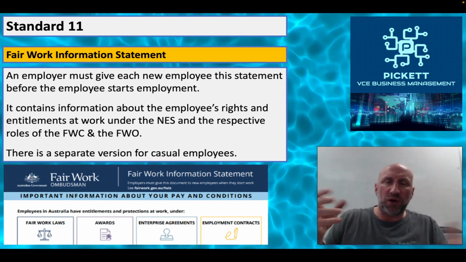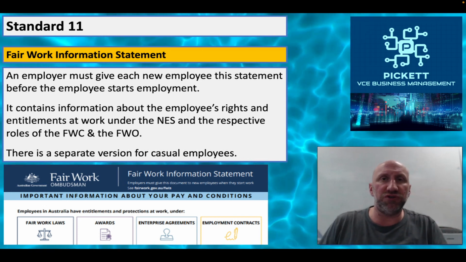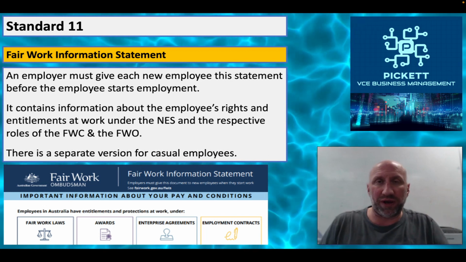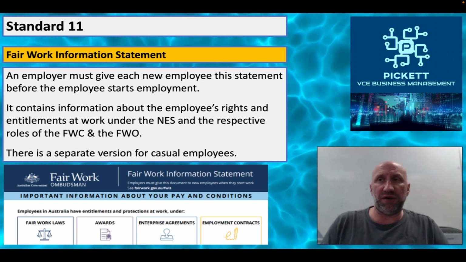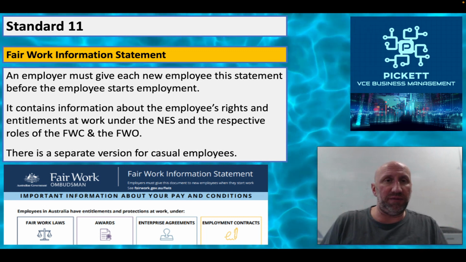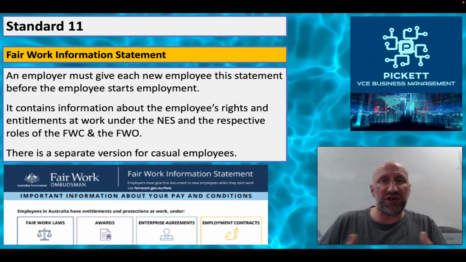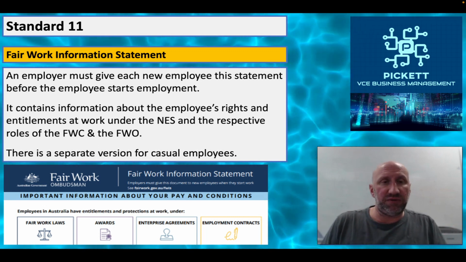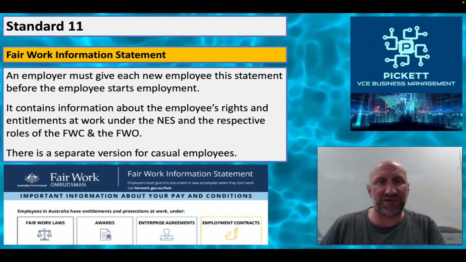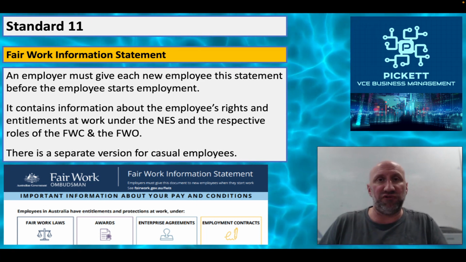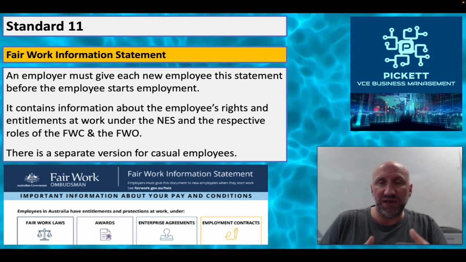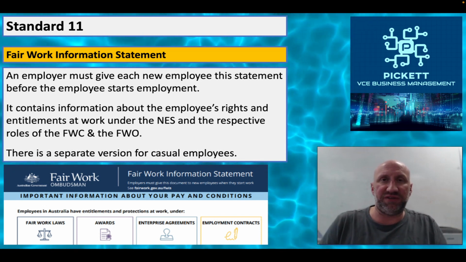So again, all of this stuff you can think back to your own job. If you have a job, are these standards being met by your employer? And very often over the years, I've had students come and talk to me about their workplace, and very often they're not. And if they're not, then you have recourse to address that. So this is stuff that is, forget the course and learning this for a SAC or an exam or whatever. This is just useful stuff to know in real life, because if you're not aware that it exists and this is in place, it's pretty easy for you to get